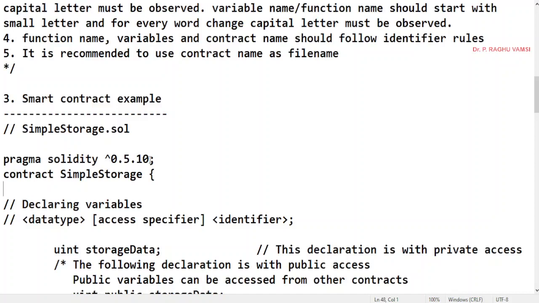So actionEvent, buttonEvent, these kinds of things. Look at how the function names are represented like this. Function names will start with a small letter, and for every word change, a capital letter is observed. The same nomenclature we will use in Solidity also.